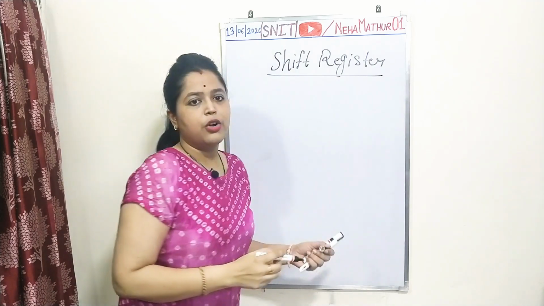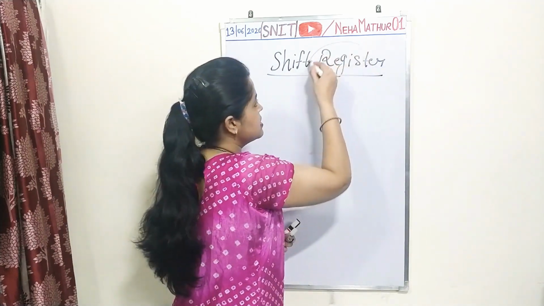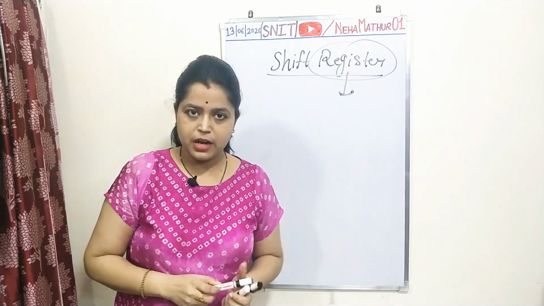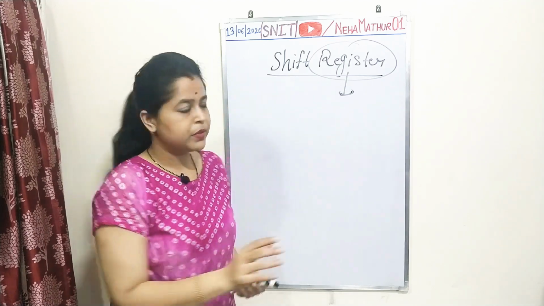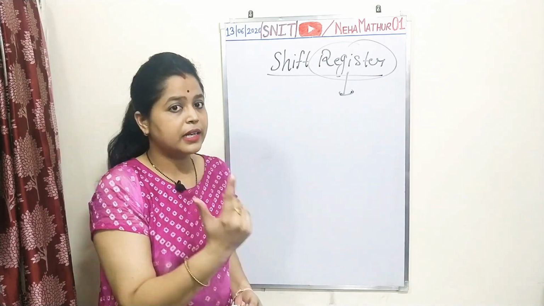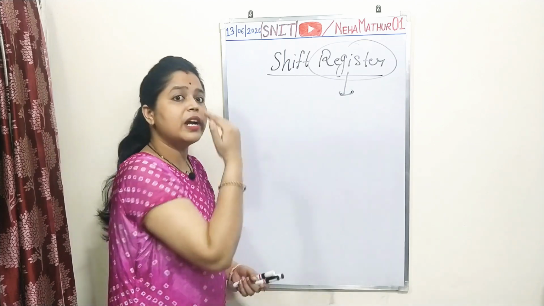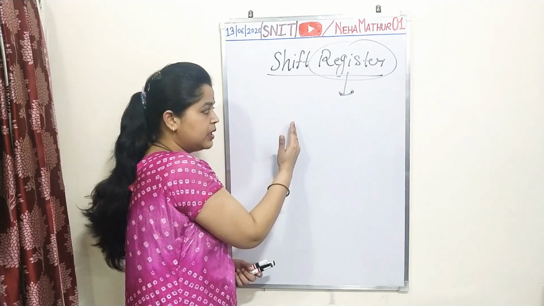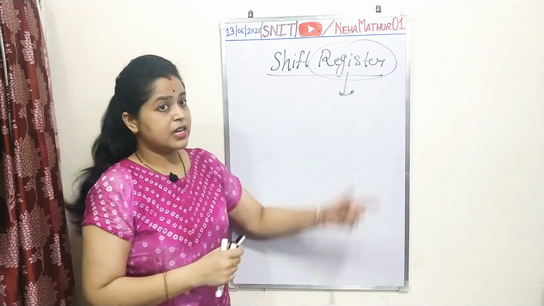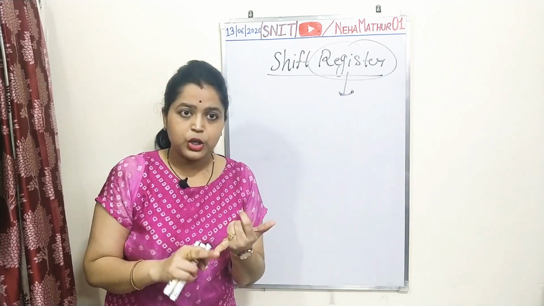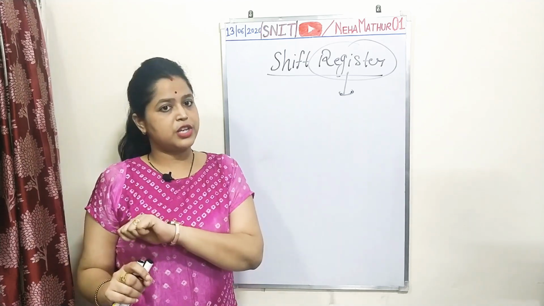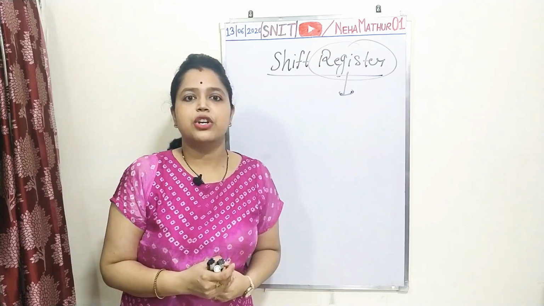I already told you what registers actually are. As you know, a register is a type of digital system which is used to store the data. A register which is used to store the data is also able to shift the data, or move the data from one flip-flop to the next and outside it. So shift register is a type of register which is able to store the data as well as transfer the data from one direction to another. This is the definition of shift register.